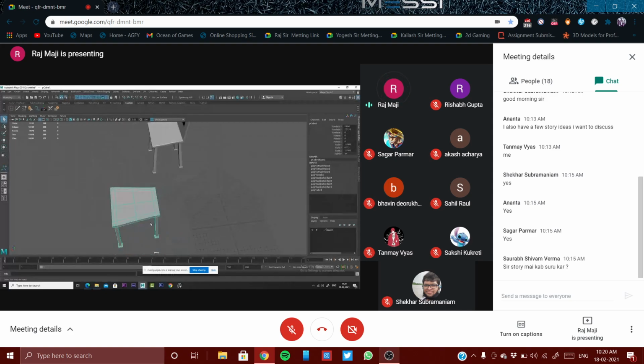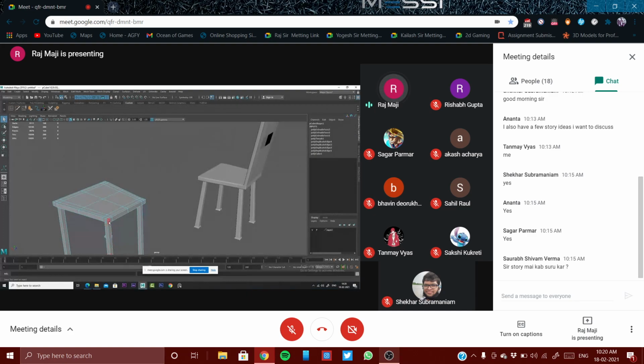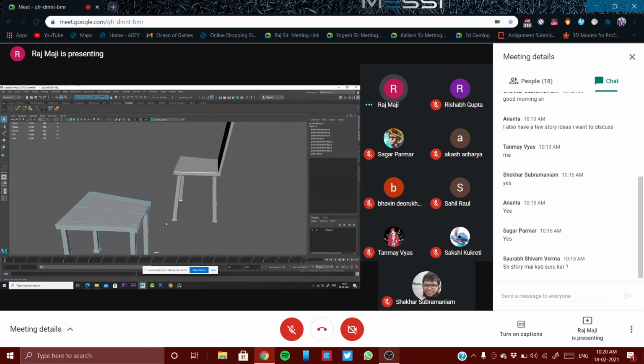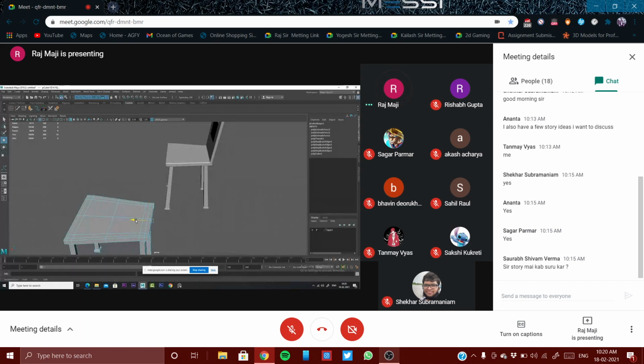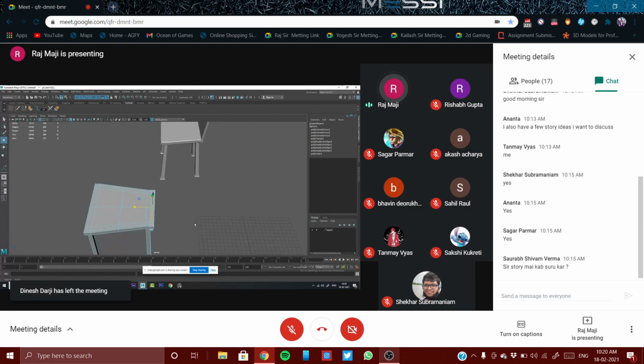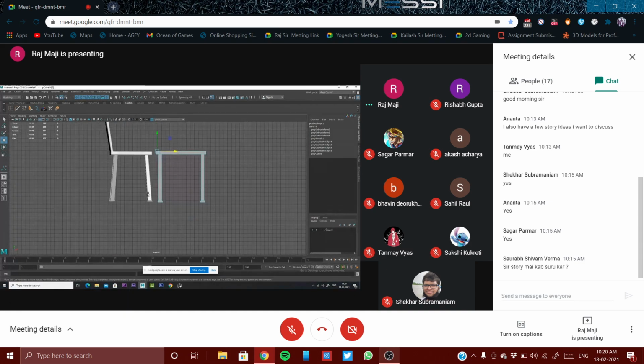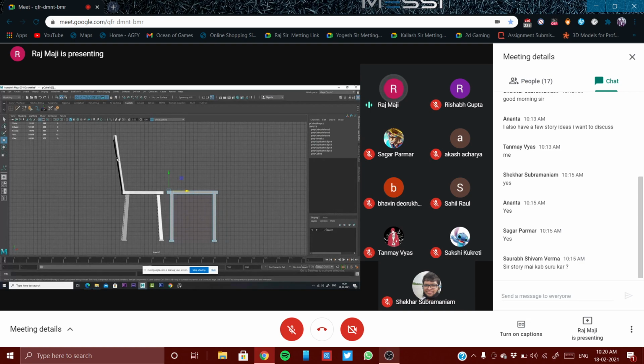Anyway, now in this area, what I can see is this thickness is a little bit more. So this thickness, from here to there, and I'll just extrude it.